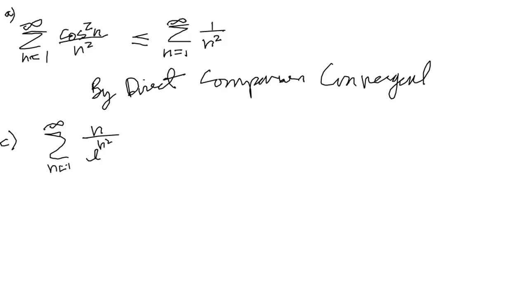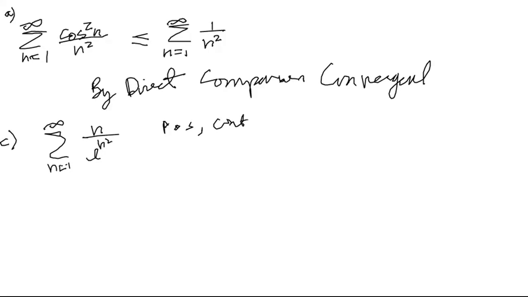Number 1, it is positive. Okay, the function is positive. It is continuous. And it is decreasing. That might take a little bit of work, but you can show it without too much trouble with a derivative. For example,